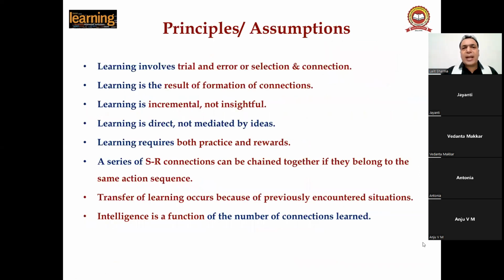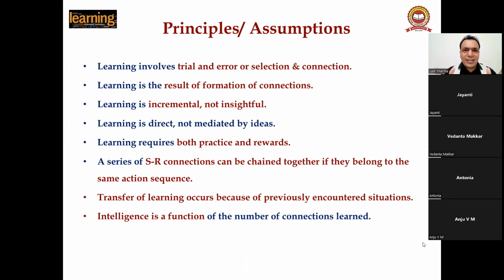The next subheading is: what are the principles and assumptions of this theory? This is the most important theory, right? Many questions come in the CTET exams, and being a teacher, you should know that, guys. Some of the prominent educationists' names you should know: Thorndike, Ivan Pavlov, Gandhiji, Tagore, Jean-Jacques Rousseau, Plato, Charles Sanders. These are some of the important names in the field of the teaching learning process. You should be aware of this.